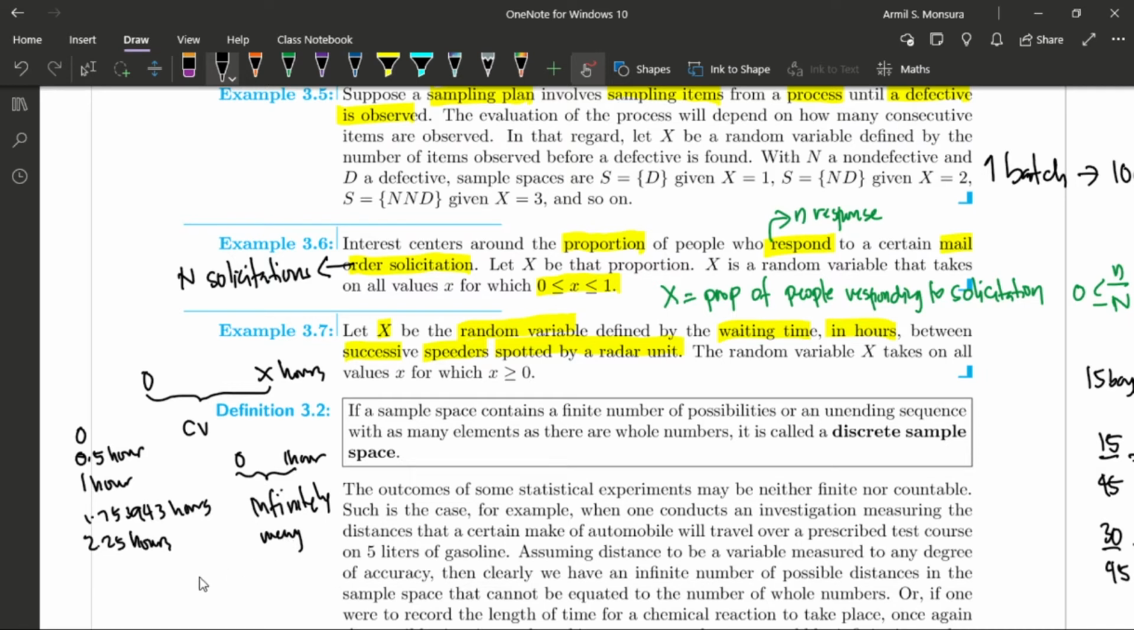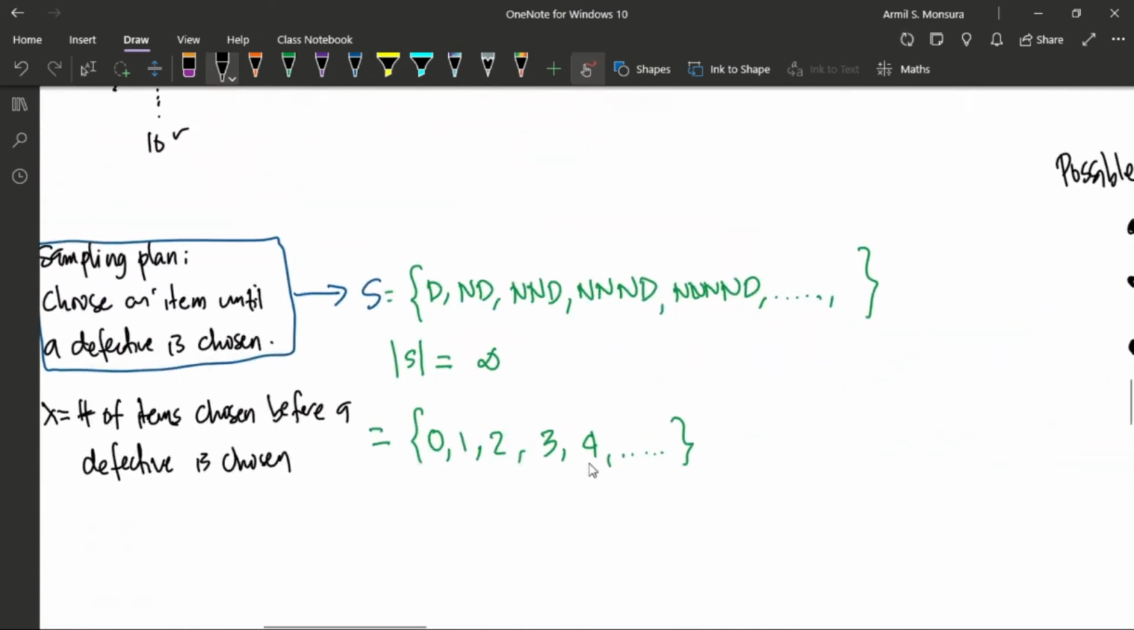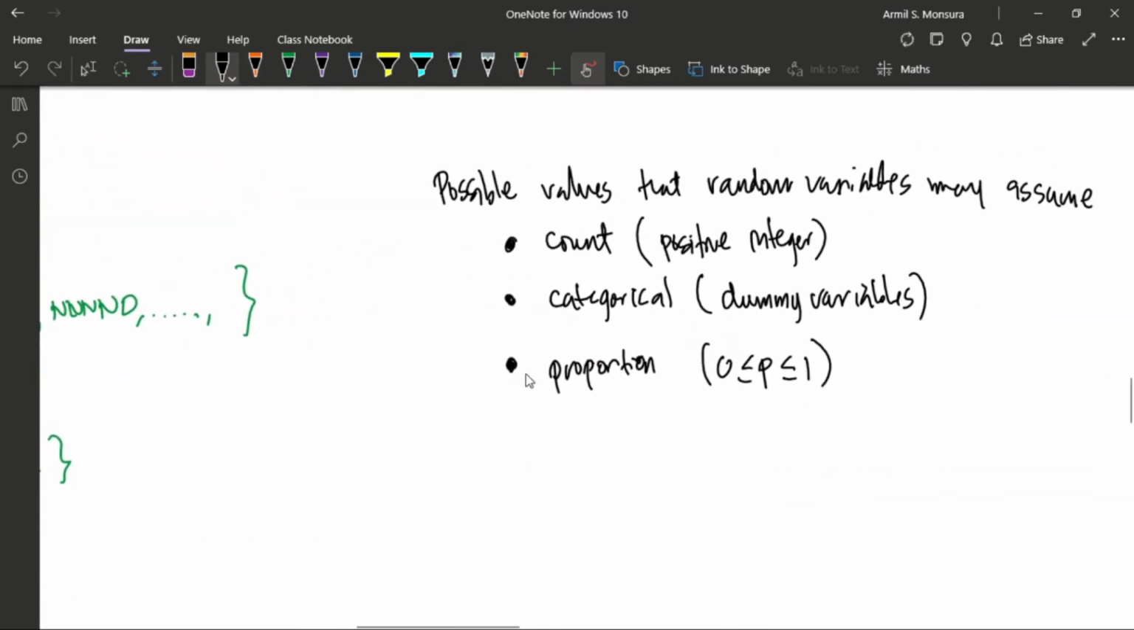Okay? Kasi pwede siyang 0, pwede siyang 0.01, 0.000001, okay? Pwede siyang 0.05, 0.0253, and so on. Okay? So, ito yung tinatawag nating continuous variable. Okay? So, ayun. Isa pa yan sa mga natin. Okay? So, you now have here a continuous